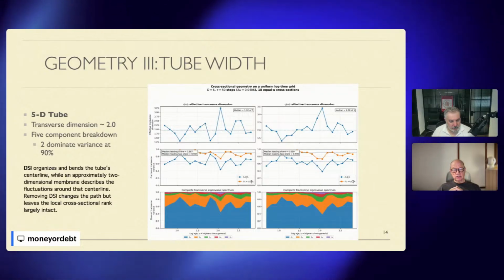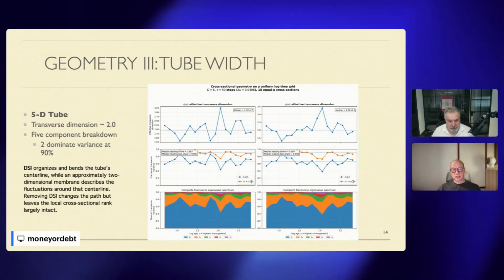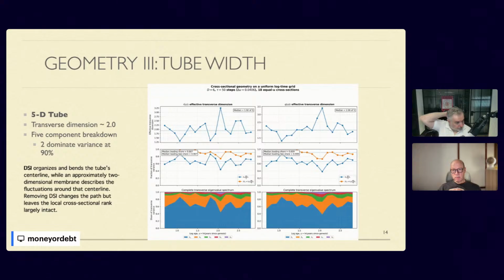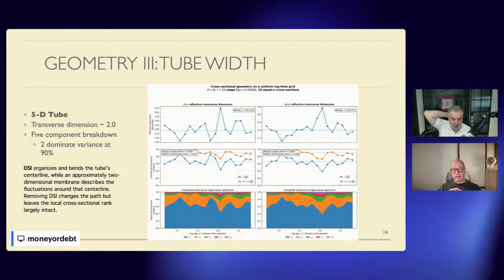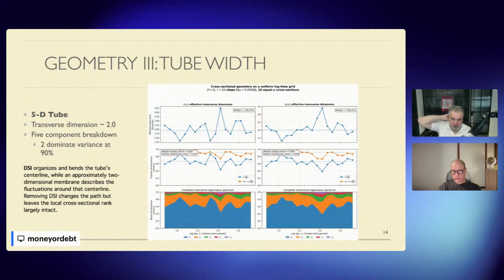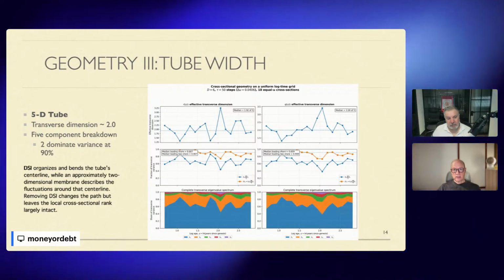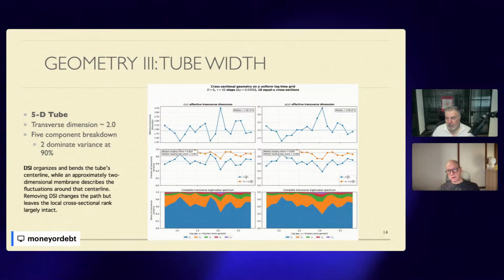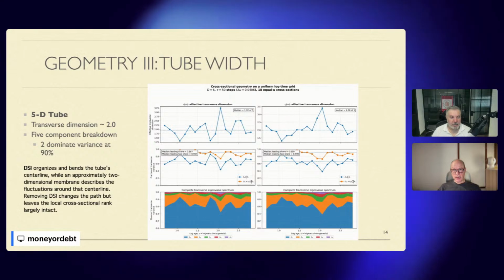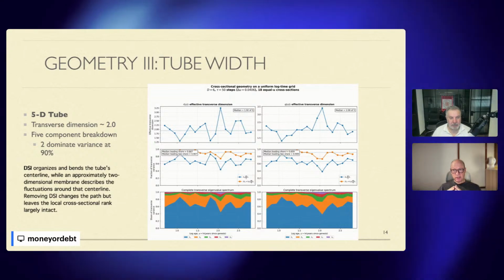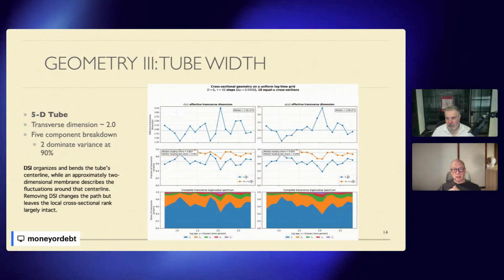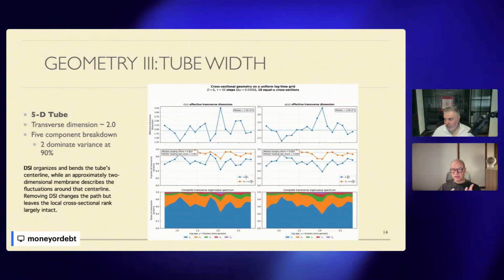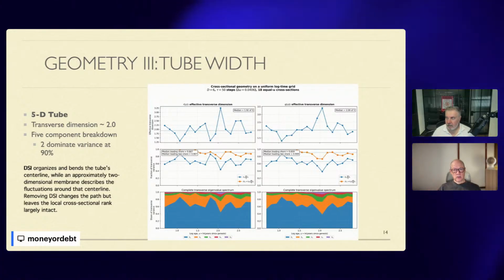And then we can look at this tube width. Once you take out the principal trajectory, you have 5 transverse components, and then you can measure the effective dimensionality of those. That's what we do with the 2 charts at the top here. Again, the left side is R, which has the first order residuals. The right side is Q, which has the second residuals. You see in both cases, it's pretty close to 2. It does jump around a bit, but on average, the median is just below 2 on the left-hand side, and it's 2.0 on the right-hand side.